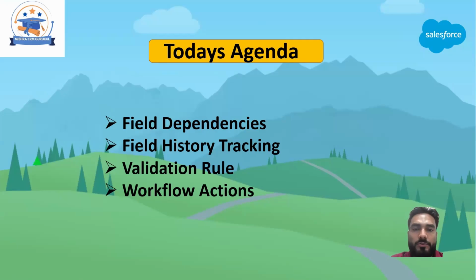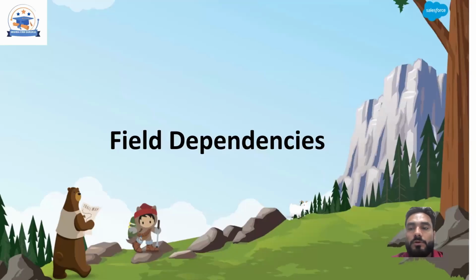So today we are going to discuss field dependency, field history tracking, validation rule, and workflow actions. Okay, so the first topic is field dependency. So what do you understand by field dependencies? Any guess? I think required for maybe